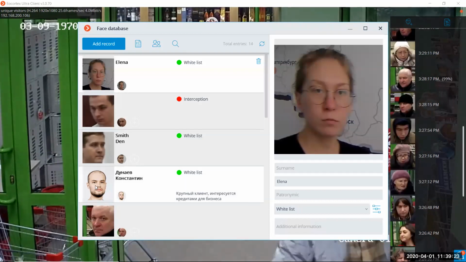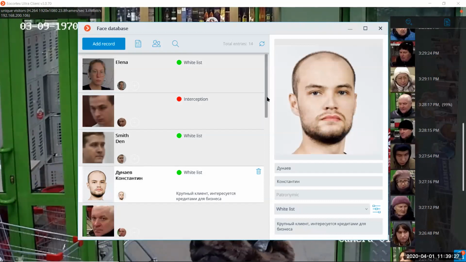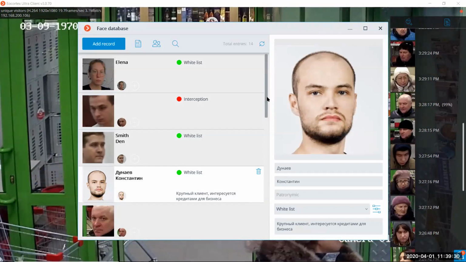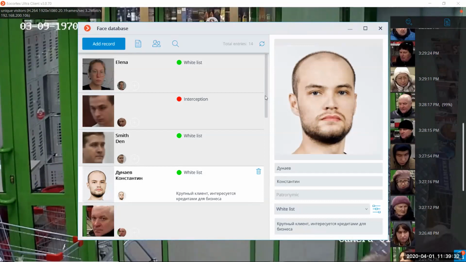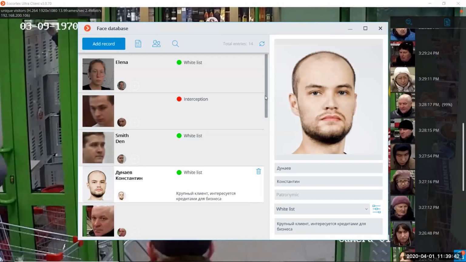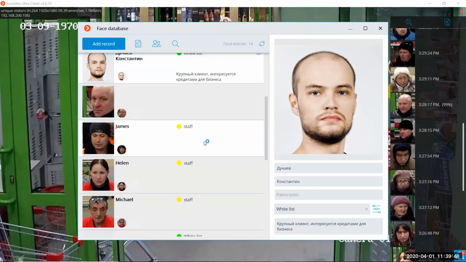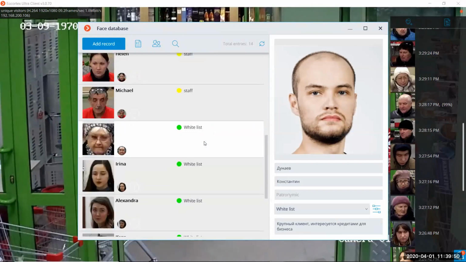If we take a look here, you can see that this photo was taken by the extra camera. This is the perfect photo example for the module because the position of the camera is good. The lighting conditions are okay, and the resolution of the picture. Let's also check a couple of other good examples.